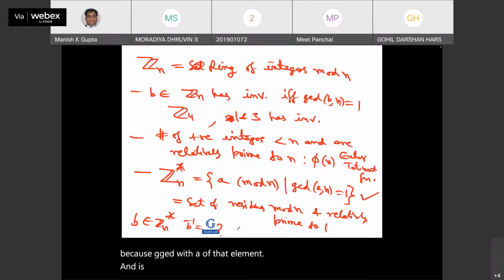So we should be able to find the inverse. Before describing the extended Euclidean algorithm, which I will call EEA,